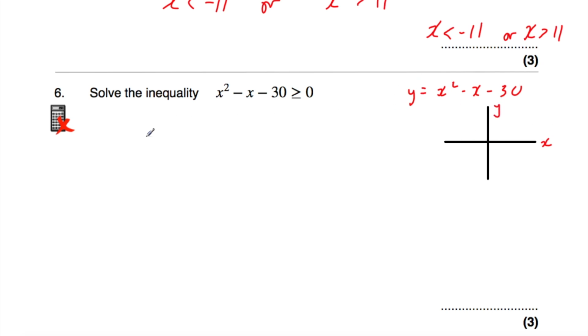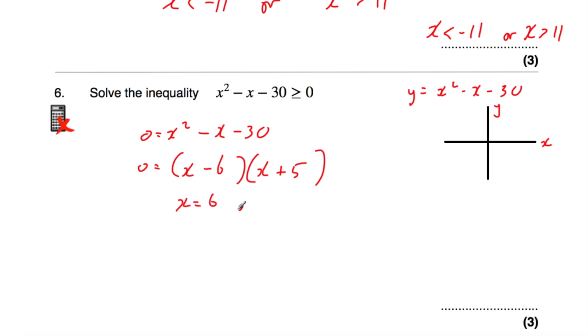we're going to let y equal 0. So 0 equals x squared minus x minus 30. Let's factorize this, so 0 equals, then bracket, bracket, and put x's in the front of both brackets, and we want to find two numbers that multiply together to be minus 30, and add together to be minus 1. So I'm thinking minus 6 and plus 5, because minus 6 times 5 is minus 30, and minus 6 plus 5 would be minus 1. So that means that x would be equal to 6, or x will be equal to minus 5. So that means that this quadratic graph will cross the x-axis at minus 5 and also at 6, so minus